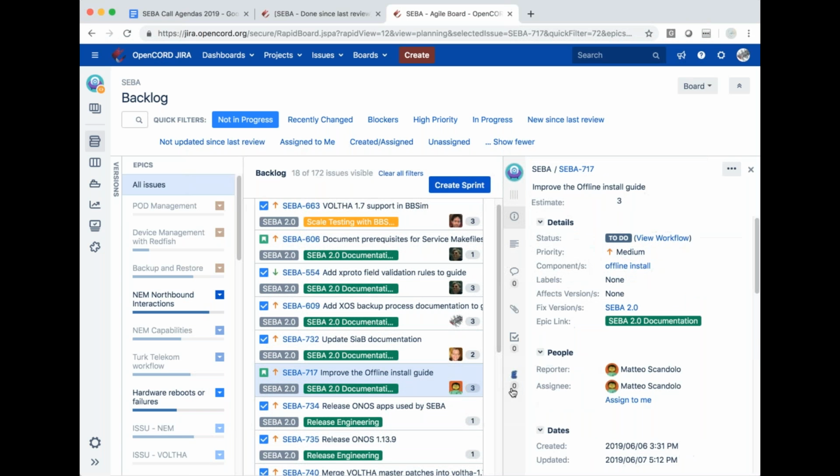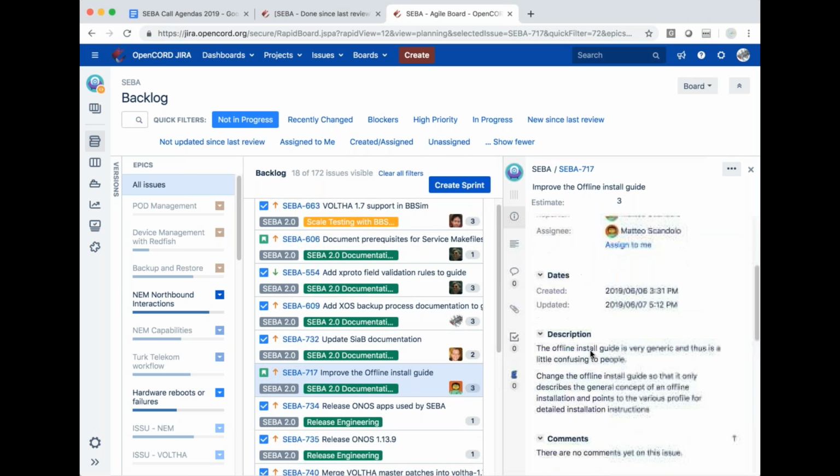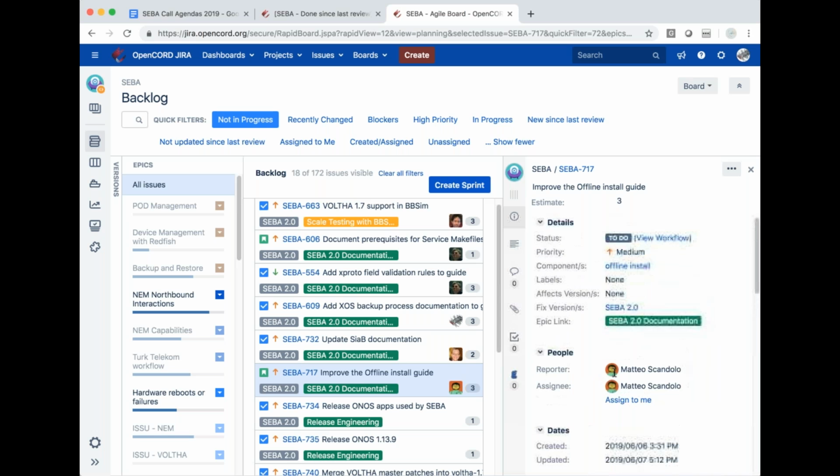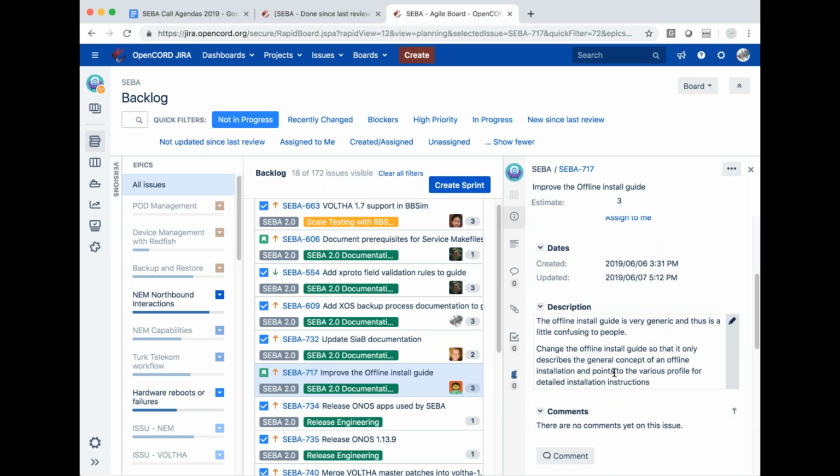Okay, SEBA 717, this is improve the offline installation. Yeah. So the offline installation contains a lot of useful information if you are already familiar with Helm, Kubernetes, and the system in general.